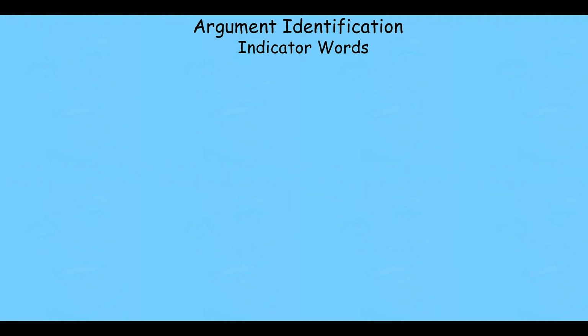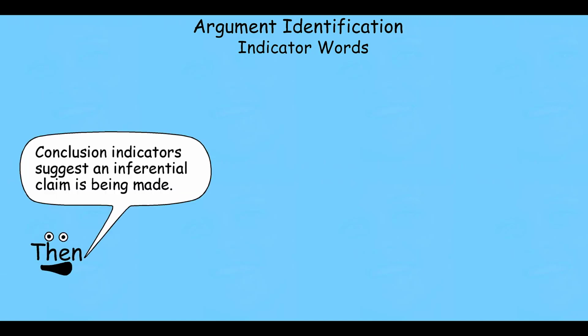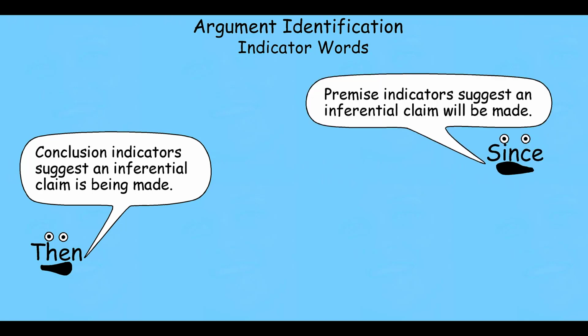Let's begin this module then by looking specifically and concretely at premise and conclusion indicator words. Conclusion indicators are phrases, words that suggest that an inferential claim is being made. So, then, as a result, thus, therefore. These are all examples of conclusion indicators that you might find in a passage or in a bit of spoken